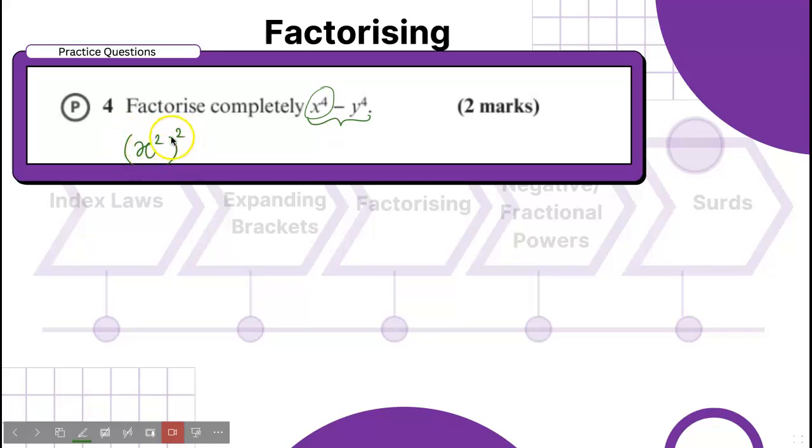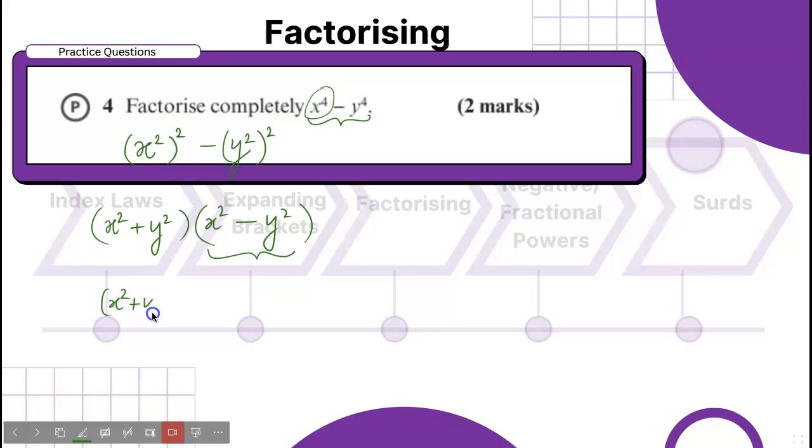So x squared whole squared is nothing but x to the power 4. Same, y squared whole squared is going to be y to the power 4. This is difference of squares, no? So we can write them as 2 brackets, first adding them, whatever the base is. You have x squared and y squared as the bases, so you're going to be writing them. We can further simplify this one, copying the positive thing there, and here we can write x plus y and x minus y. Correct? Because again we are applying difference of squares here.